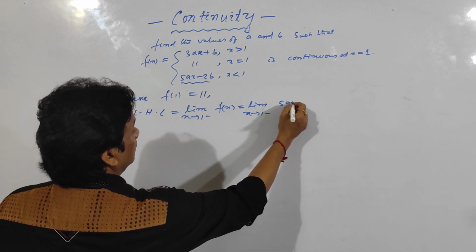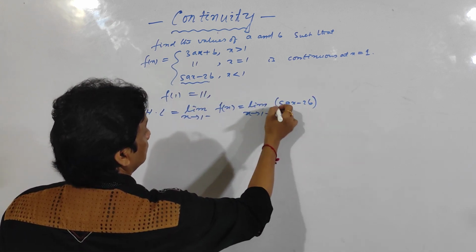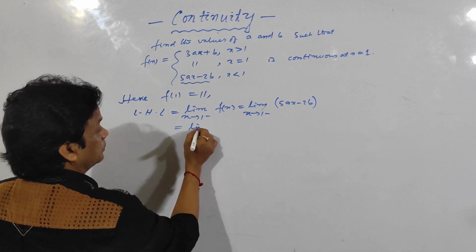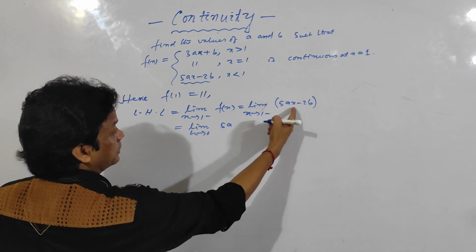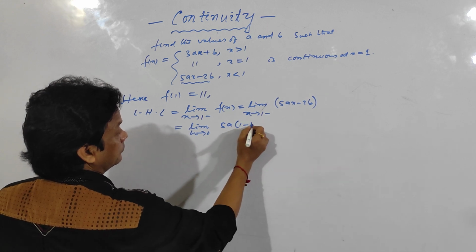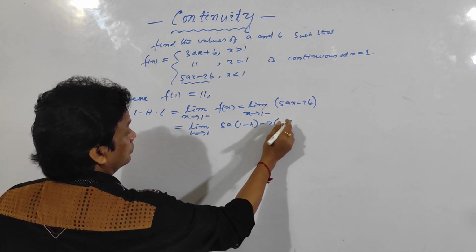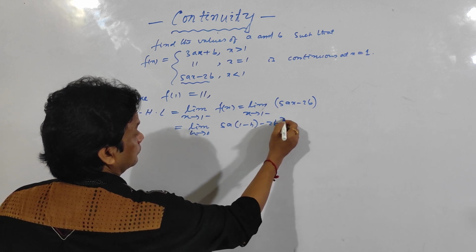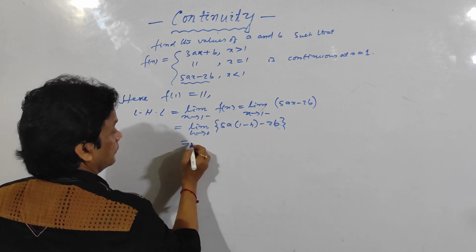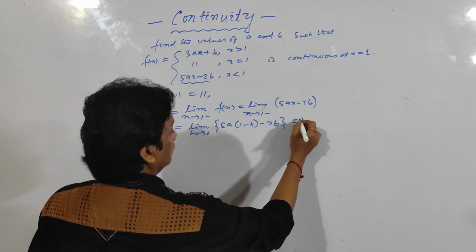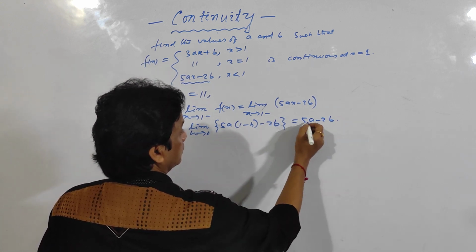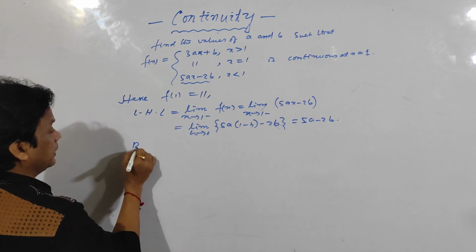So this is the function: 5ax minus 2b. So limit h tends to 0, 5a, in place of x write 1 minus h, minus 2b. So put h is equal to 0. If you put h is equal to 0, you will get 5a minus 2b. Clear? Then right hand